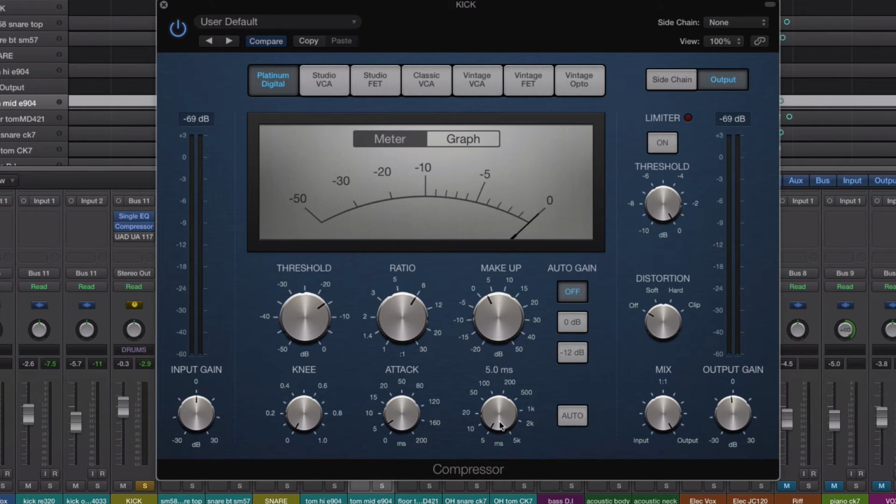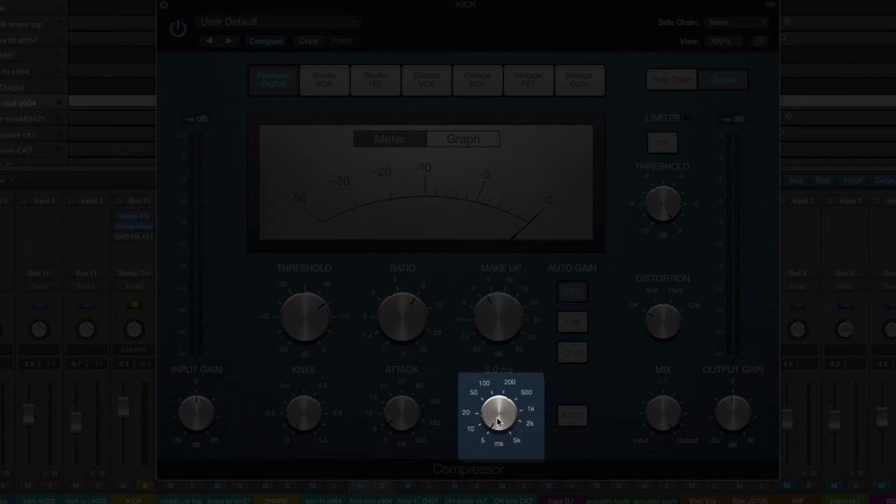And then the release: as I increase the release time, the snare drum in the background is going to get suppressed more because the compressor is going to stay on for longer. So if we check that out. I've now gone quite extreme with that, and you can hear that the snare is actually quite suppressed in the background compared to without. So if I go back now and reduce the release time, there you go, instantly from about this point here, the snare starts coming into play more. Whereas if I increase it again,